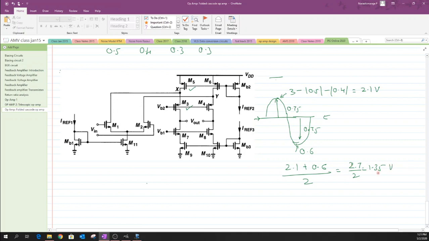And now this 1.35 is the common mode output voltage that is available in our design at this particular point,